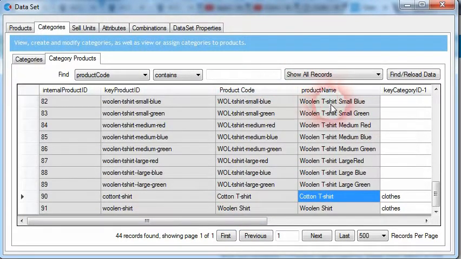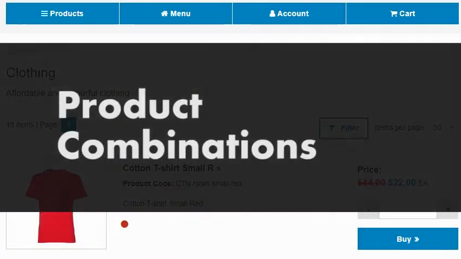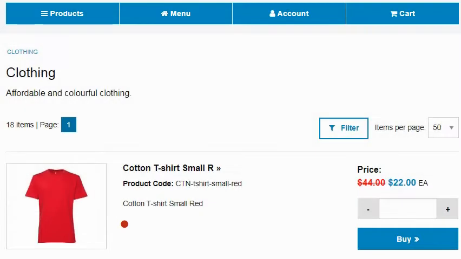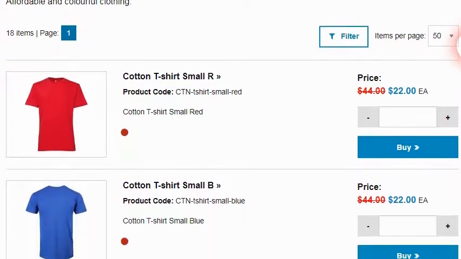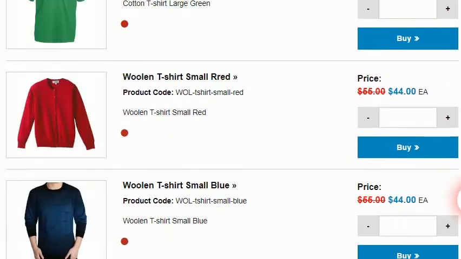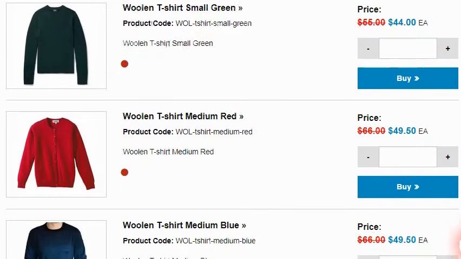Now, before I show you the new product combination dataset feature in the connector, I want to first make sure that you know what product combinations are. So here we have an example business that is selling clothing, specifically t-shirts. And as we can see, they're selling many different kinds of colors and sizes for the same cotton t-shirt. And the same goes for the woolen t-shirt, where we have many different sizes and colors for the same style